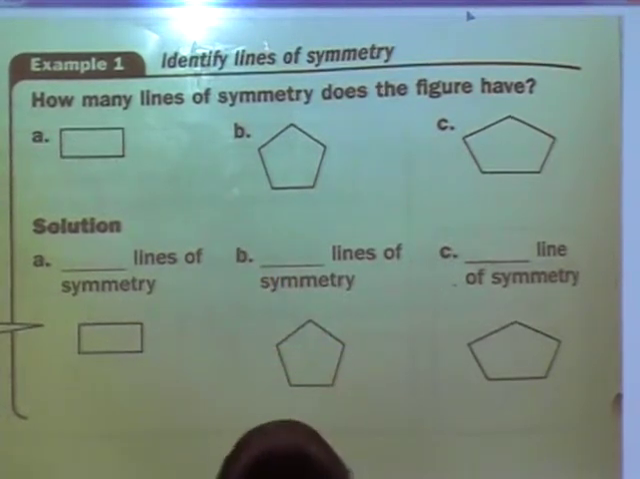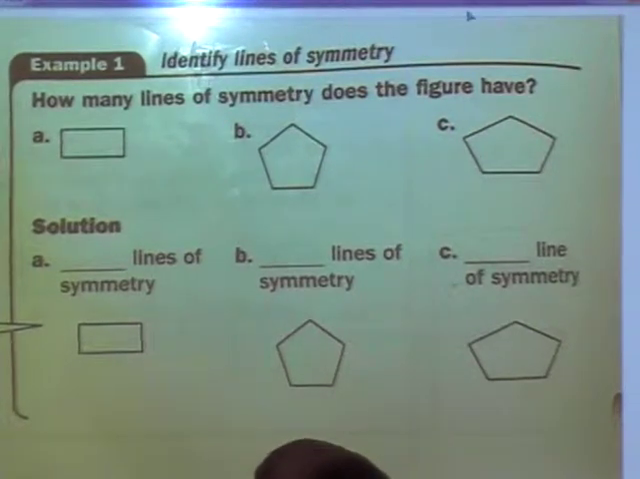What is a line of symmetry? It's where you can cut it perfectly in half. Yeah, you can fold one side over on top of the other. Okay, so we'll just use a little ruler here. So on the first one,